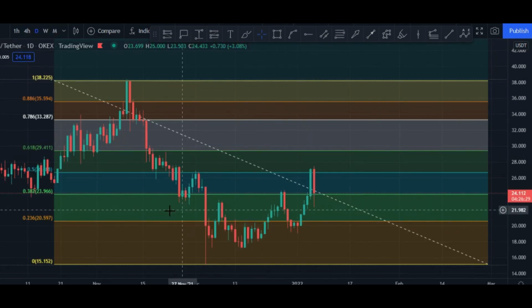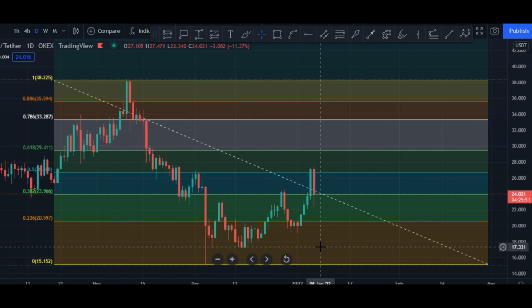Currently it is having support at the 0.38 fib level, which is the $24 price zone in the daily chart, and if it breaks it, then the 0.23 fib level, which is the $20 price zone. This area is very important. The $24 price zone is very important to hold. If it holds this, then the next target would be this area, $26, maybe $29, $33. But if price breaks this towards the downside, in that case $20. After that, maybe this area $18, maybe $17 will be the target. This is my technical analysis, guys.